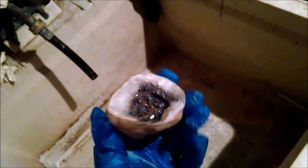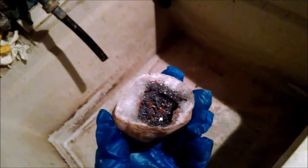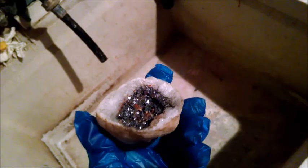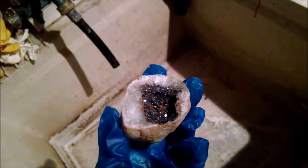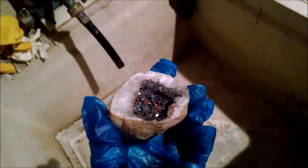I'm in my basement. Don't mind my really icky basement sink. I went ahead and soaked this in Iron Out for longer than I expected. It had to have been about a week. And it's interesting, I just saw